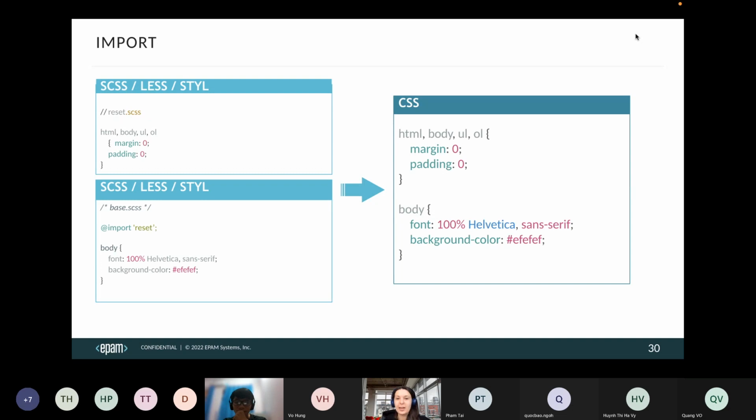So, import. This is one more interesting and helpful option. Do you remember that I previously tried to explain that you might use these variables in other files, right? You might create them and then import them in some other files. So here we will take a look at how to do this. So, for example,